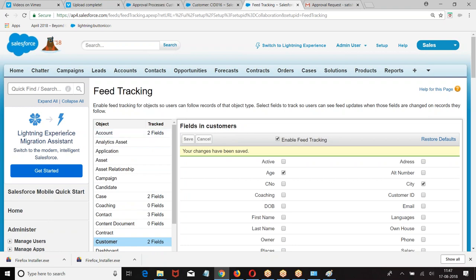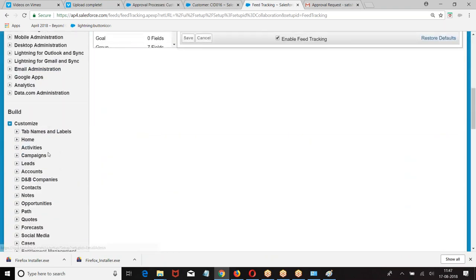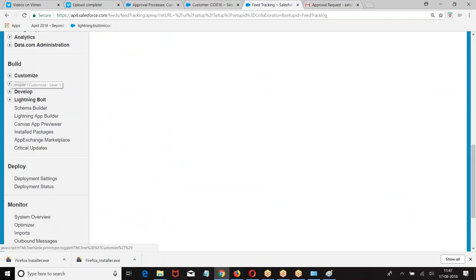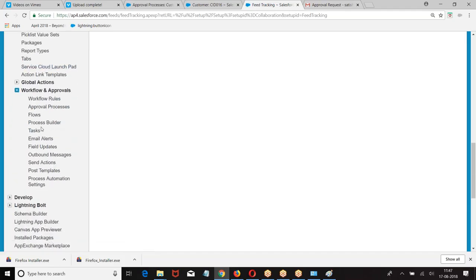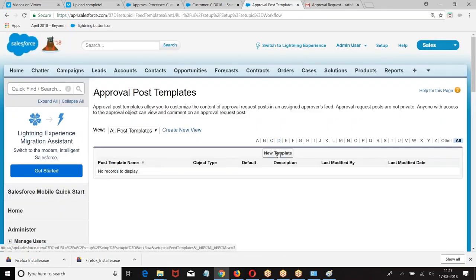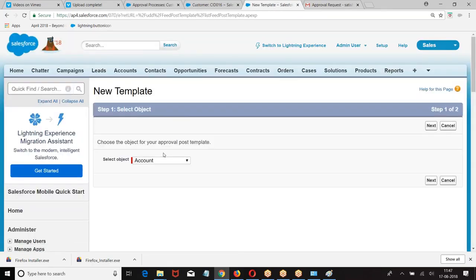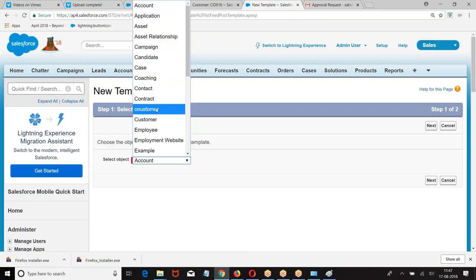Then go to creating a Chatter message. How do you create? Look at the format, everyone. Setup, build, create, workflows and approvals. So what we have? Post template. New post template. And which object?